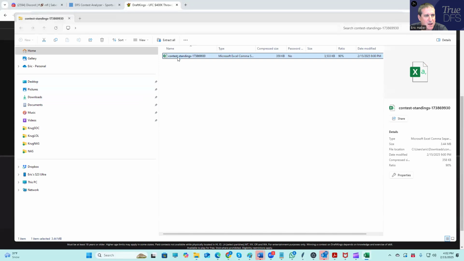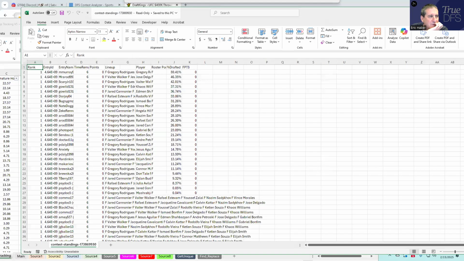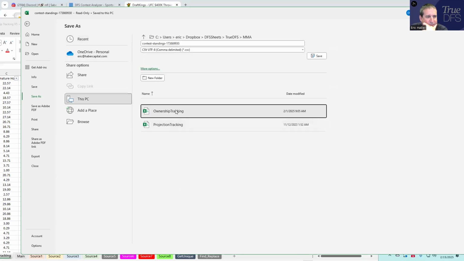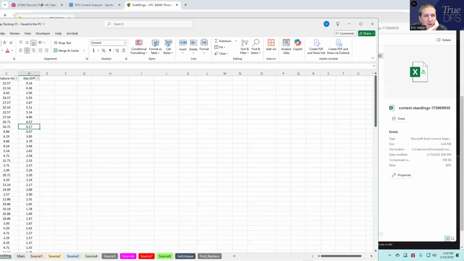I'm also going to take a look at our lineups and see how we did as far as minimizing dupes, which we spent a lot of work on in the lineup construction video. I want to see how we did. I said MMA ownership tracking. Okay, so now what we're going to do is